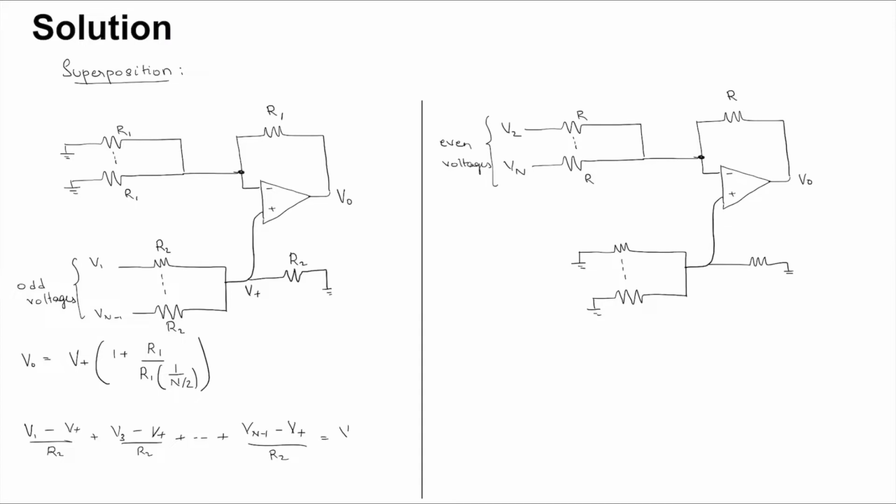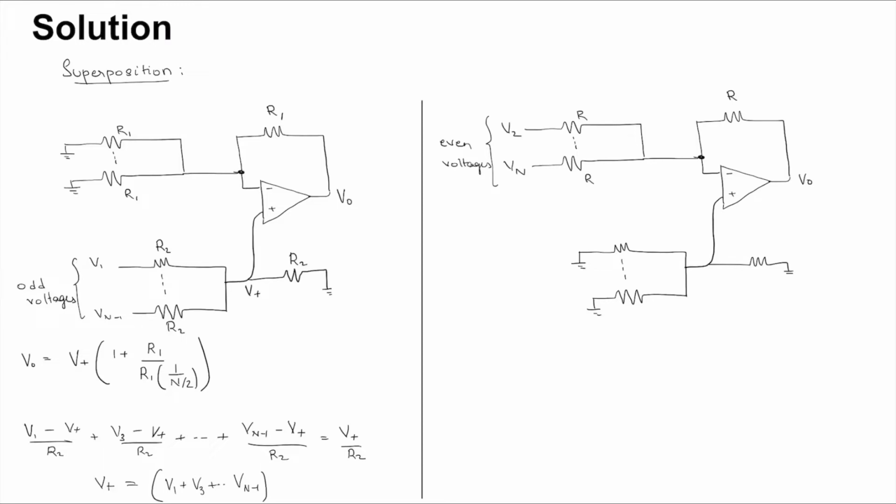This is equal to the outgoing current of V plus by R2, since there is no current into the ideal op-amp. If you solve for V plus here, you will get that V plus is equal to V1 plus V3 till Vn minus 1